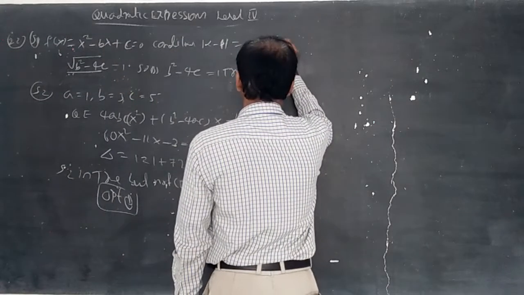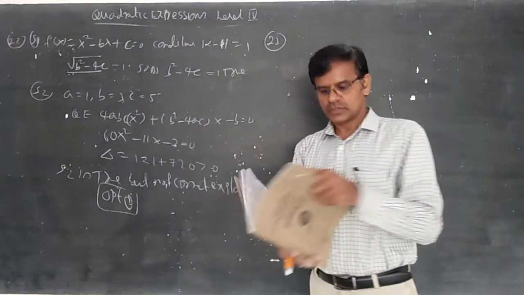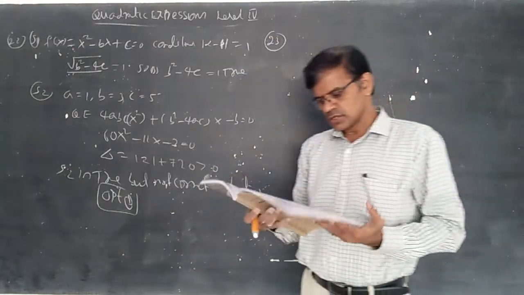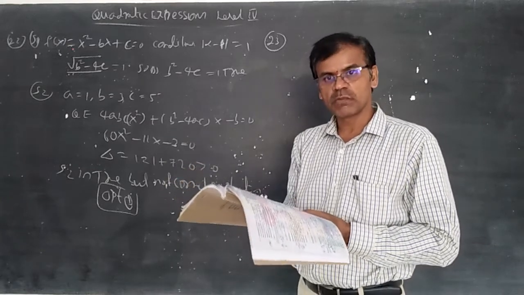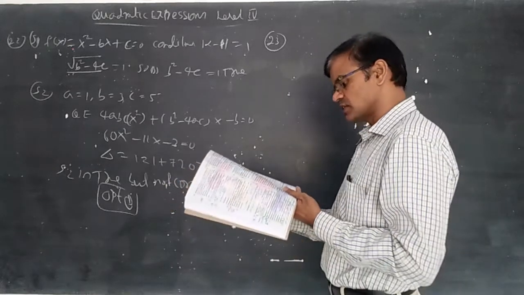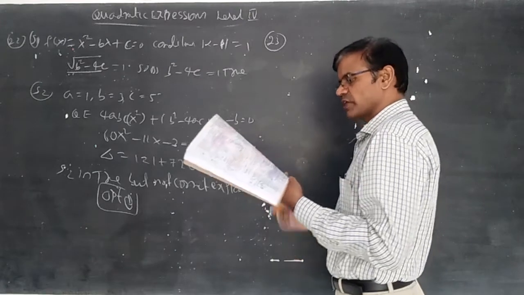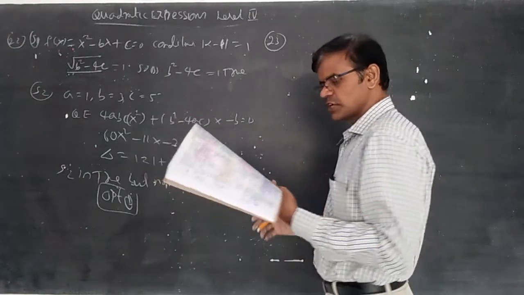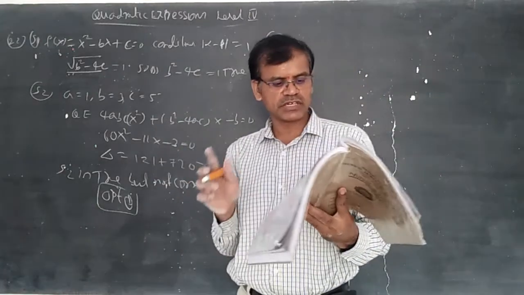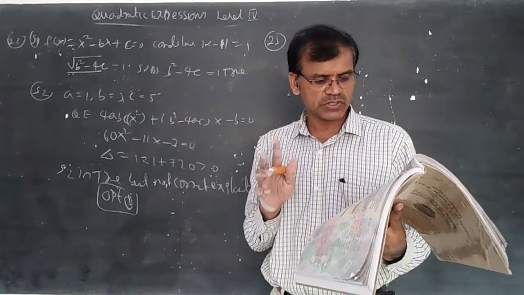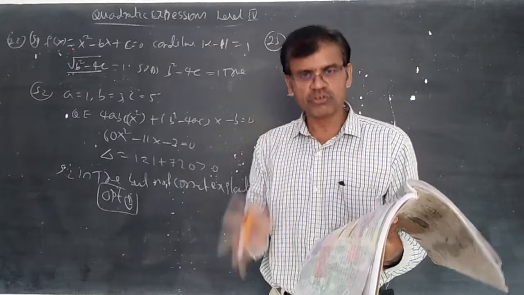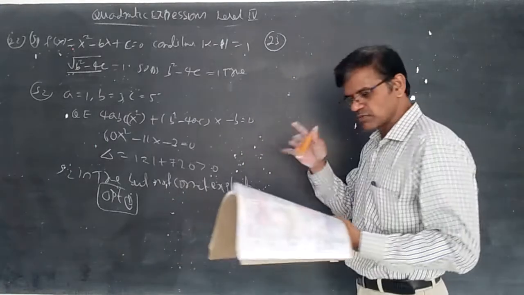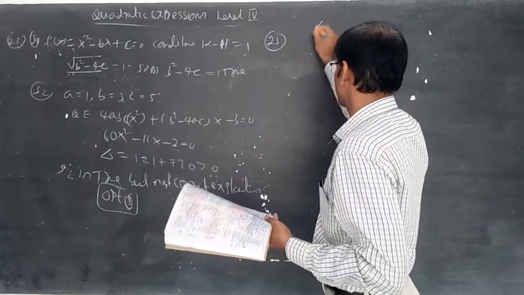Now, the 23rd question. The set of all numbers A such that A square plus 2A, 2A plus 3 and A square plus 3A plus 8 are the sides of a triangle is 5 comma infinity. Statement 2: in a triangle, the sum of two sides is greater than the other side, and also sides are always positive. Exactly right. We should use this formula only. If statement 1 is correct, then we can say option A.